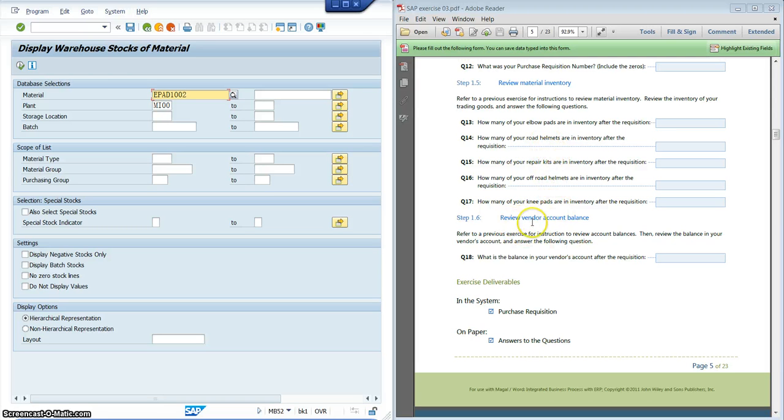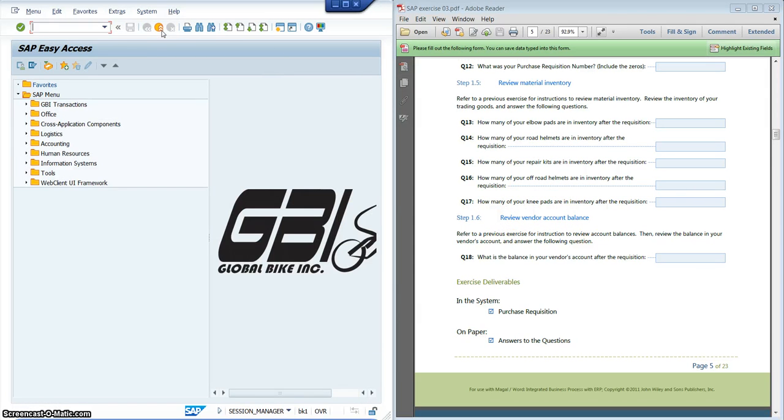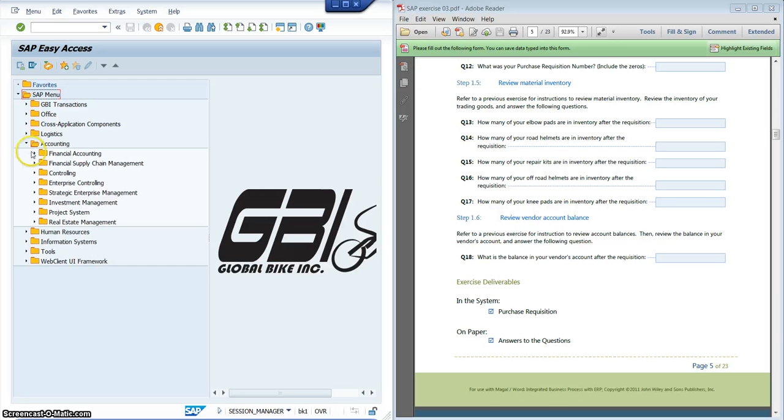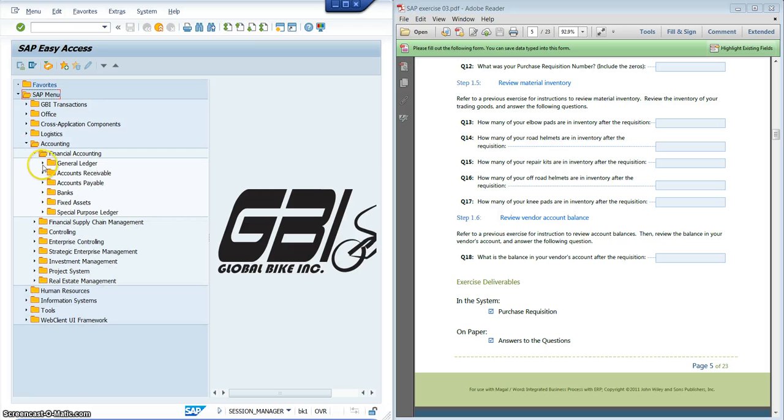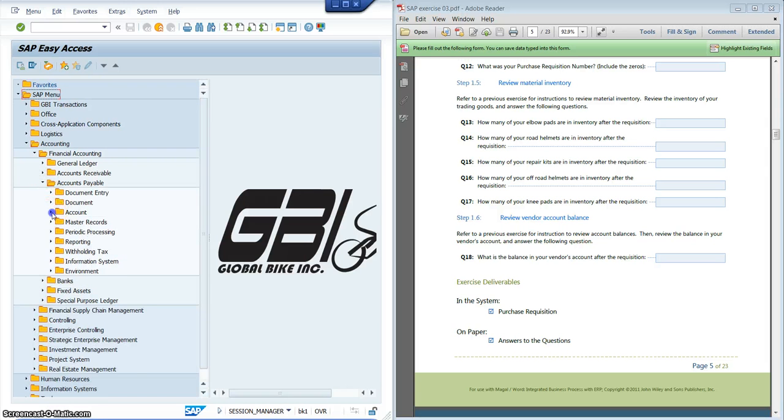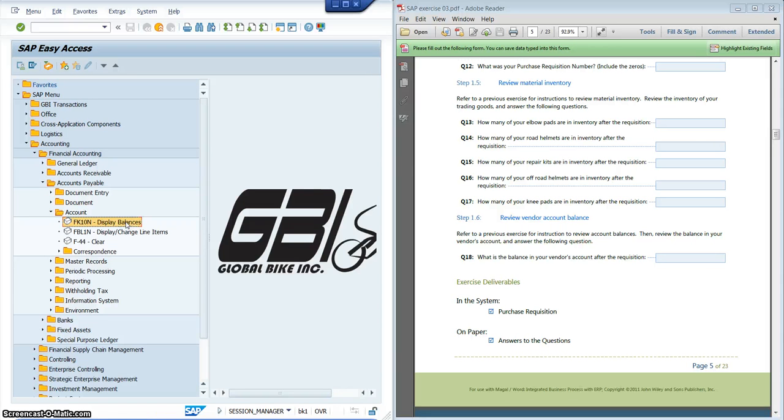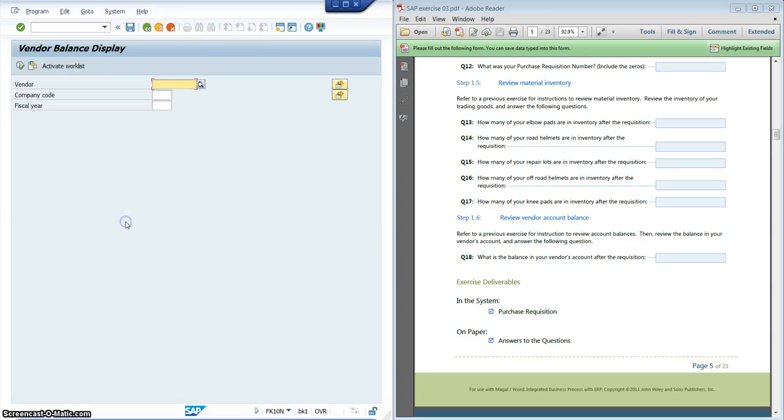Now let's also review the vendor account balance, and we did this in the past. Go back to the first page and go to accounting, financial accounting, accounts payable, and account display balances. Meaning we need to check if there's any balance on the accounts payable to our vendor. Double click on this and you need to enter the vendor number